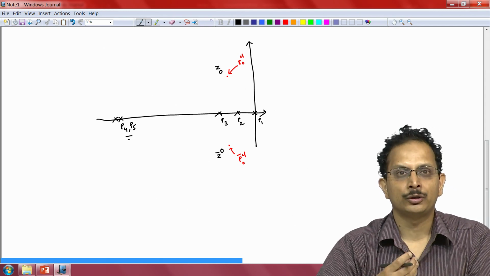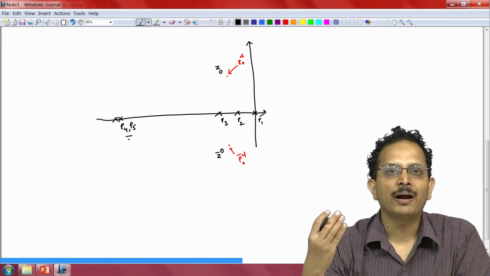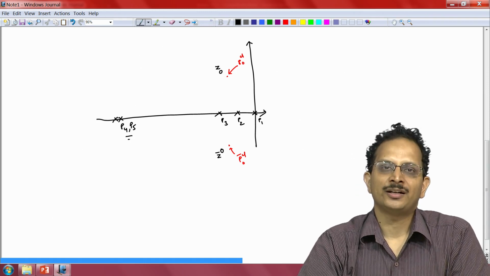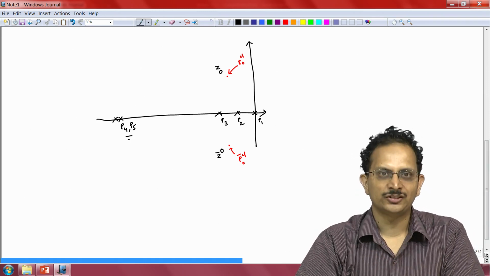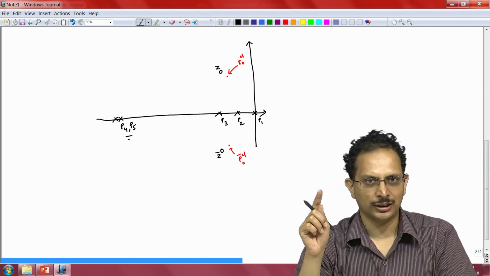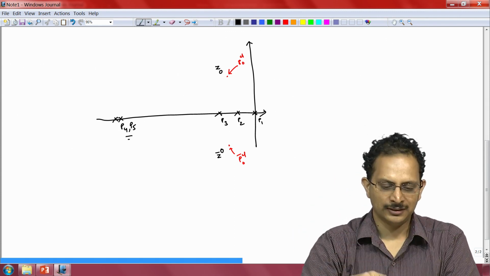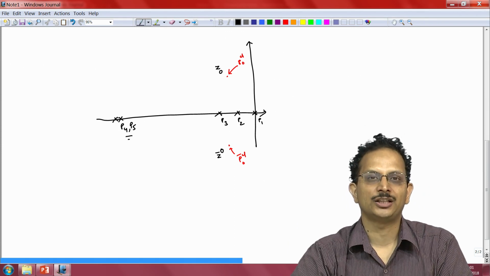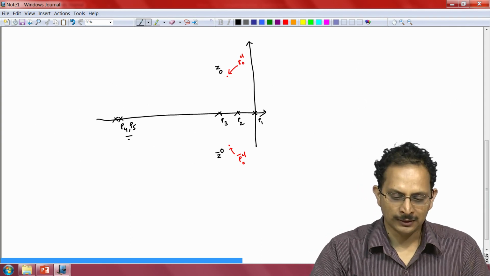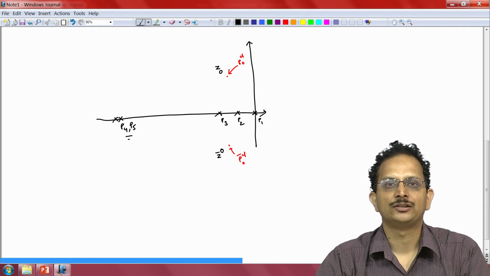The next step is to determine the gain of the controller. If one does that, one is done with the design of the feedback controller C. The final step is to determine the pre-filter's structure. The pre-filter exists in order to cancel the poles, so that the overall transmission function relating the output to the reference will not have the terms s plus z and s plus z bar in the numerator of the transfer function, and that will allow the dominant dynamics to be determined by the points PCL naught and PCL naught bar.